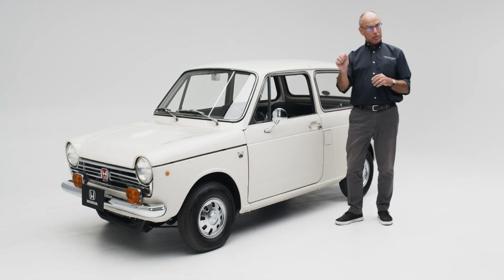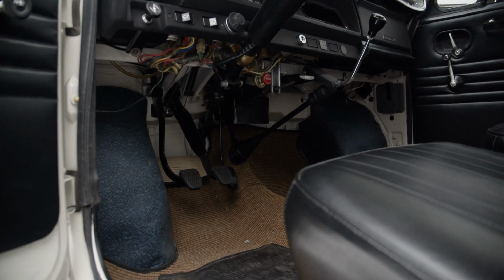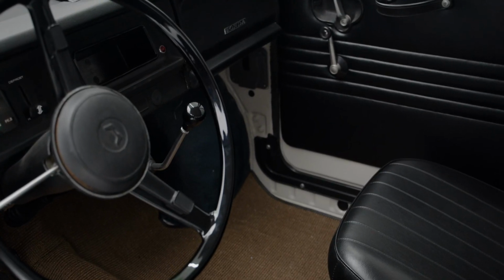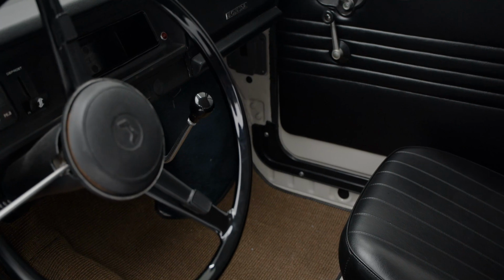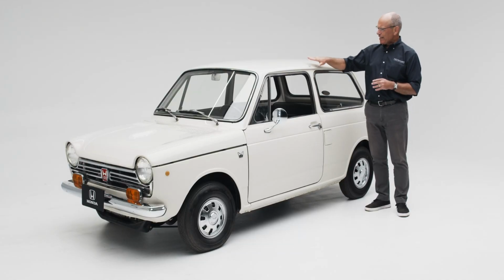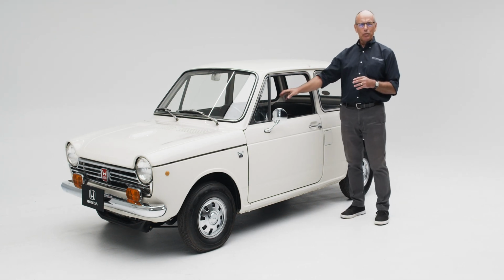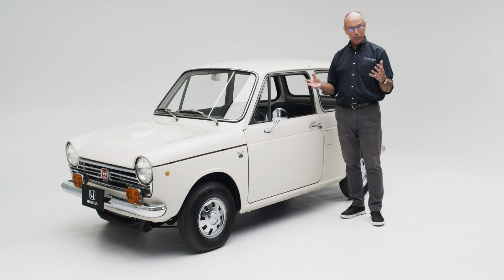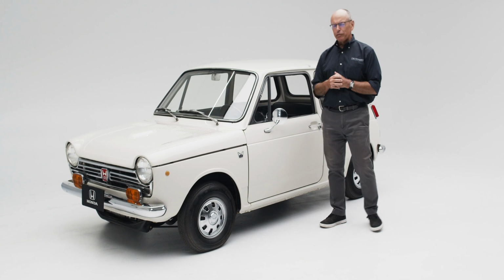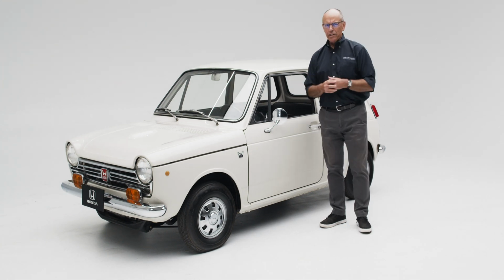The shifter, because it's front-wheel drive, comes straight out of the dashboard. It doesn't come from the floor because it's actuated by a mechanism that goes over the engine. It's a very basic car. This particular one doesn't even have a radio. It's got a blank for an antenna, and it's got a hole in the dash where a radio could be if you wanted to order one. But most people ordering this car were a little bit on the frugal side, and that wasn't a priority. The car is actually based on an